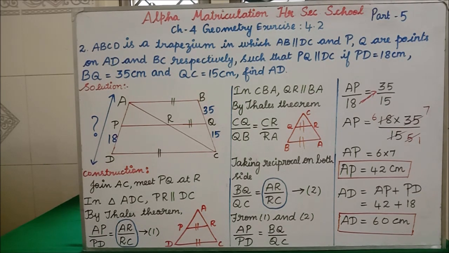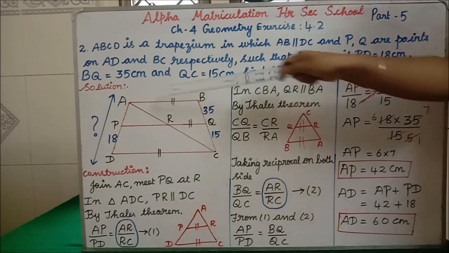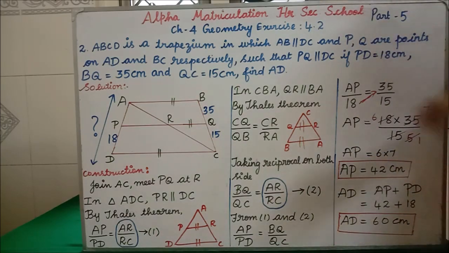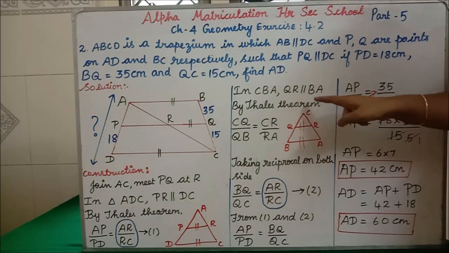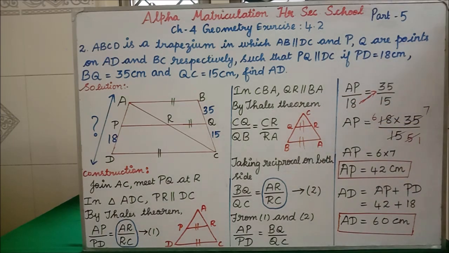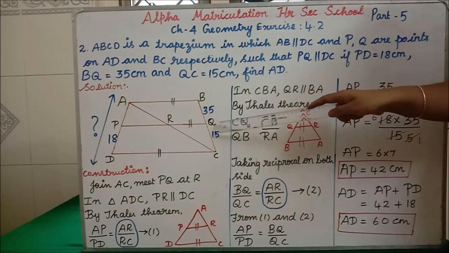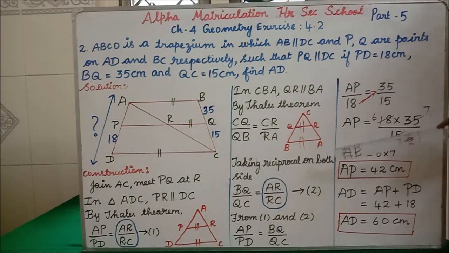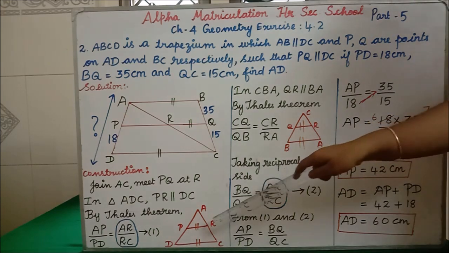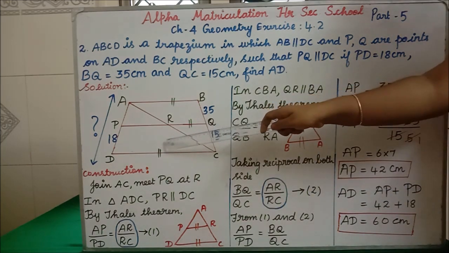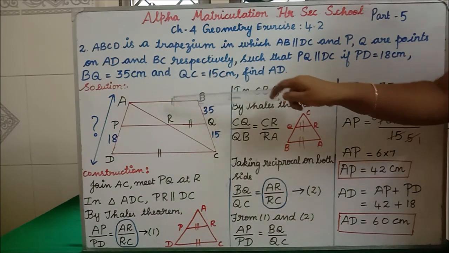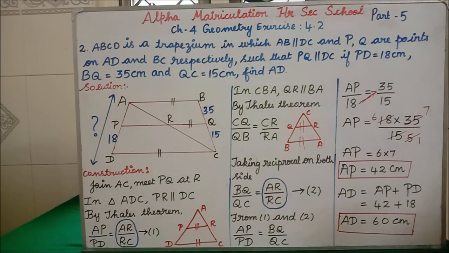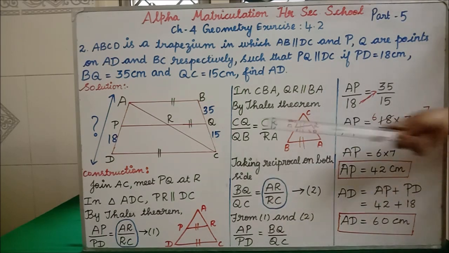Okay. Now next we are taking the other triangle. What is the other triangle? CBA. This is in a slanting line. Okay, I have made this triangle straight. See, I have drawn it like that. CBA. Then on the CB side, what point do we have? Q. So on the CB side you mark Q. On the CA side we have R. So on the CA side you mark R. For your understanding, I have drawn these two triangles separately from this diagram. This part I have drawn here and this triangle I have drawn here. So in your classwork, you have to draw the two triangles and this diagram also.